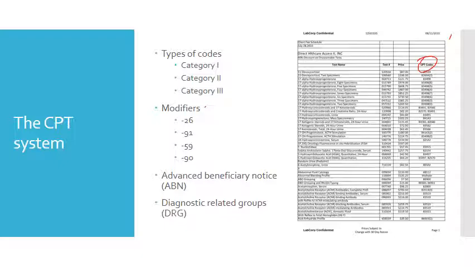Modifiers are usually 2-digit numbers that get attached to the original code, to any specific code, before you start the billing process. And what they do is they demonstrate that some service or procedure has been altered by a specific circumstance that hasn't changed the definition of the code, but they change the conditions of the code. So these are the modifiers that are used in lab medicine. There are not a lot of them, but there's a few that are used in lab medicine, and you can see that the 26 modifier is used